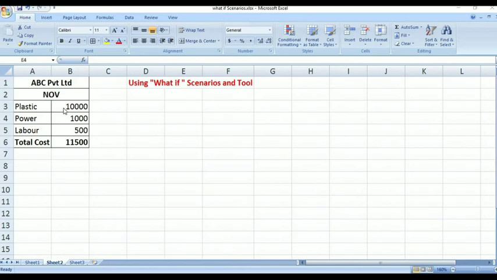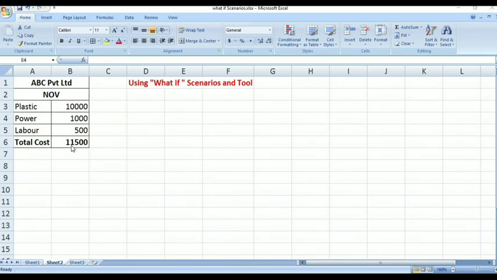For plastic I spend 10,000 rupees. For power, for electricity I spend 1000 rupees, and for labor 500 rupees. So the total cost in the month of November I spent 11,500. Now we are trying to find the cost of our PVC pipes.